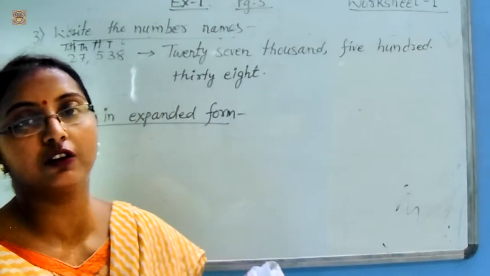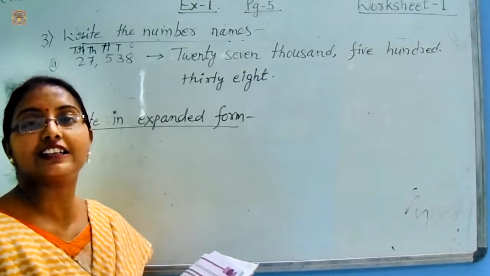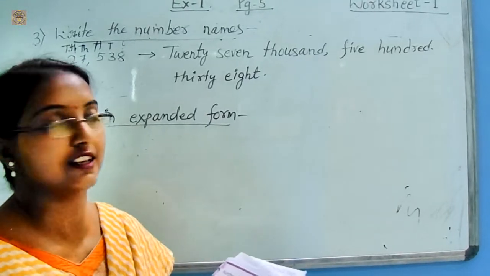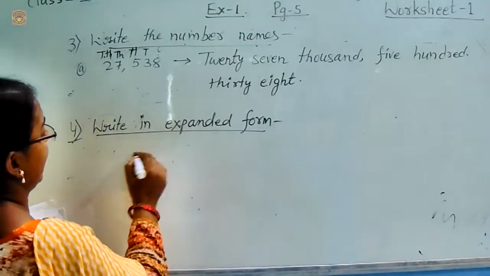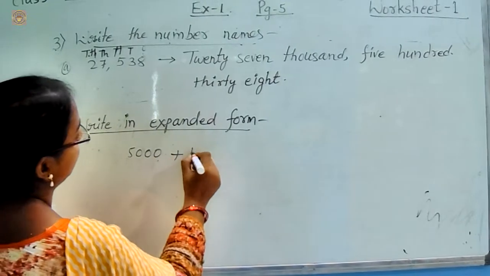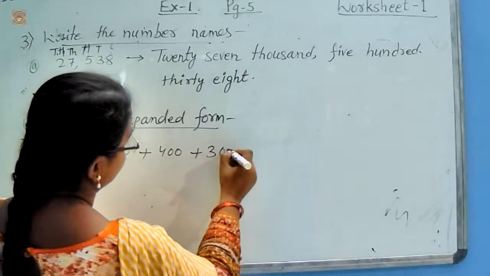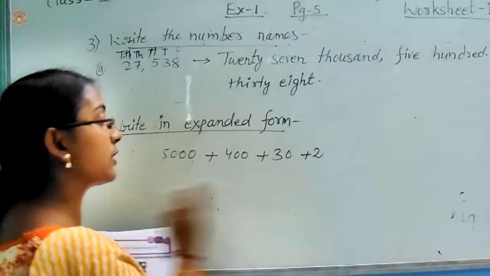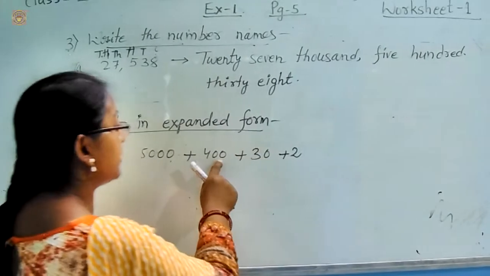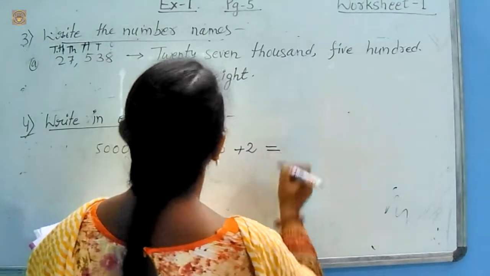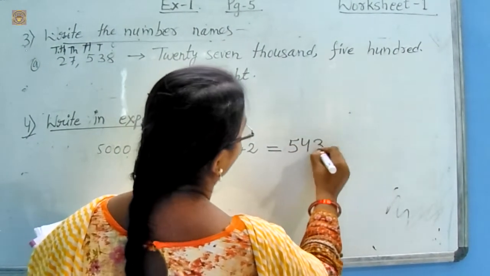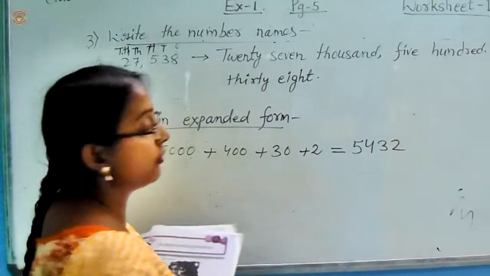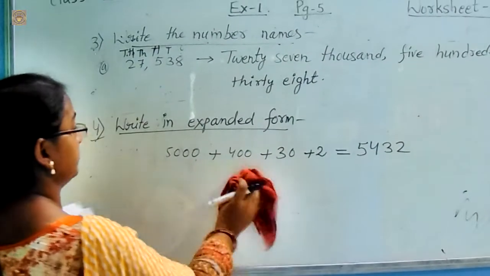Expanded form. As you all know, expanded form is very easy, and you will remember from your earlier classes that it can be added as 5,000, 400, 30, and 2. That means you have to put the numbers in sequential manner, putting zeros at the remaining place values, that means 5, 4, 3, 2. This is the simple way in the expanded form and written as the short form.